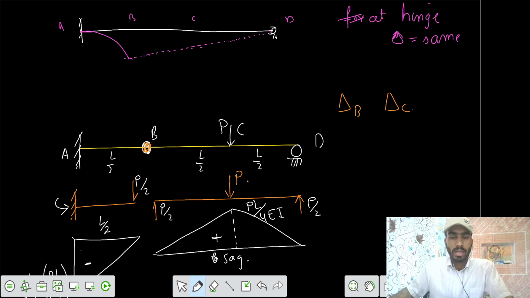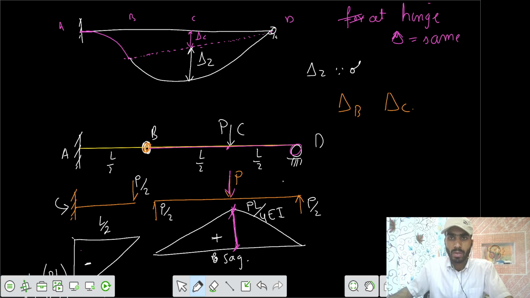So this would have been delta C if there was no load. But BD also has some load of P. Because of that, there is a bending moment of PL by 4 at point C, so there would be some curvature. After that there would be a sagging curvature, so your change would be there. This is our sagging curvature, such that this is delta 2,